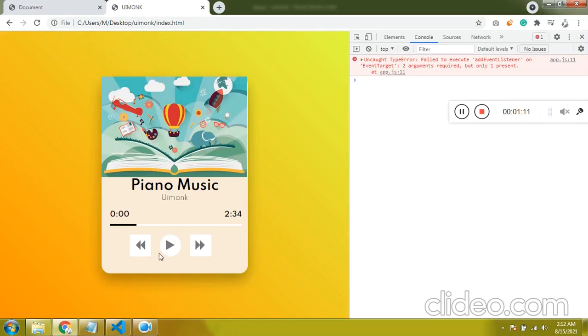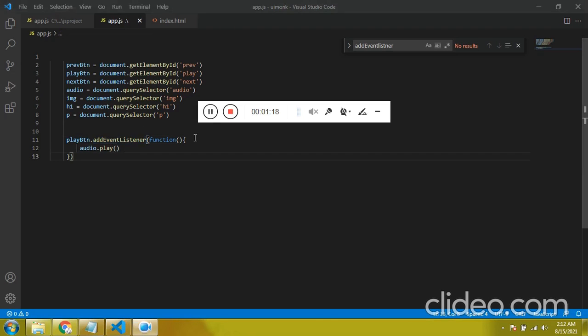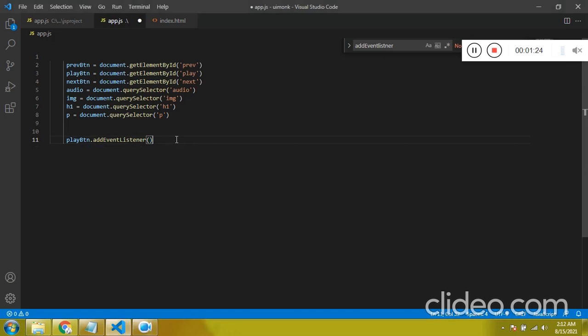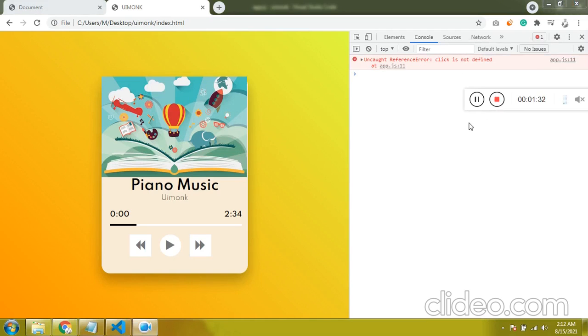Refresh this. Now it says an error. So the first argument is going to be the event, so we need the click event, so let's get that, and then the second argument is going to be the function. If I refresh, it says there is an error, click is not defined.